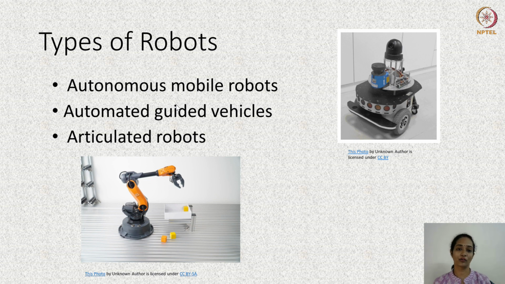The final robot which I am introducing to you in this slide is the articulated robots. We are actually quite familiar with this. We have been seeing robots on the industry floors for a quite long time. Articulated robots are usually robotic arms with one or more joints. The presence of these joints help the robotic arm to move in multiple directions, or it gives the robotic arm a greater degree of motion.